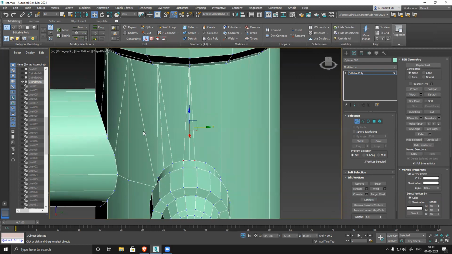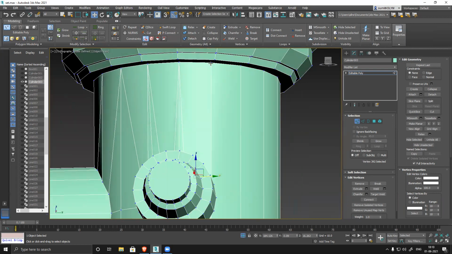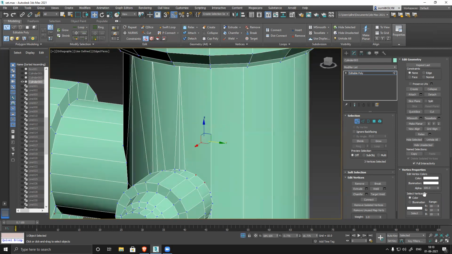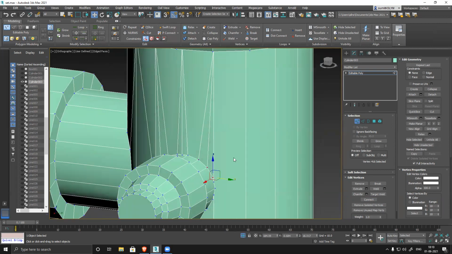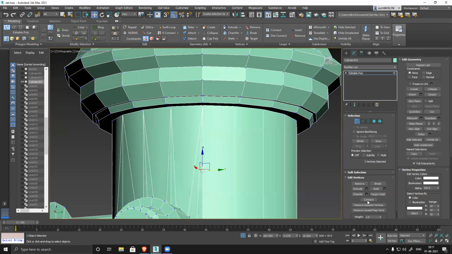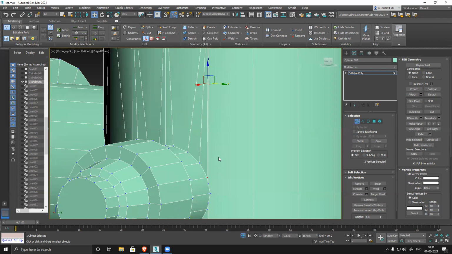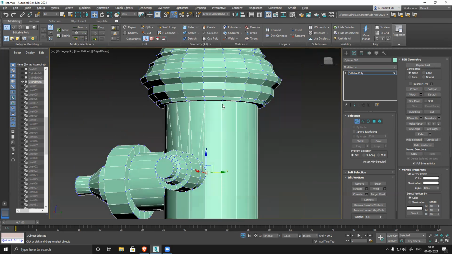Connect. Connect. Connect. See this thin triangle. It is not required at all.